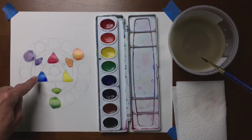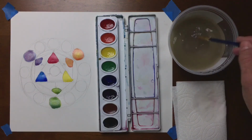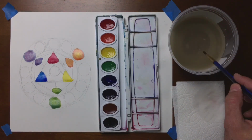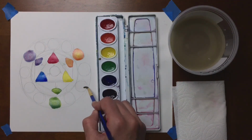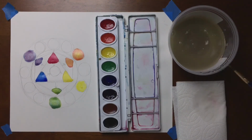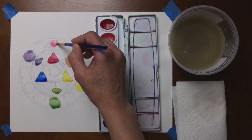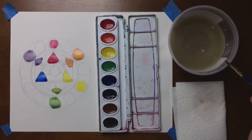Yay! So I have primaries, secondaries. Now I'm going to mix some tertiaries. And actually I'm going to put in little dots of the primaries at the ends. I meant to do that earlier, just to keep us aware of the order of the color